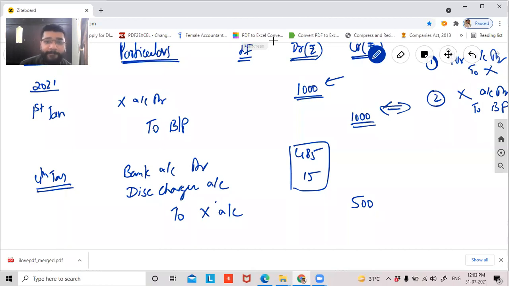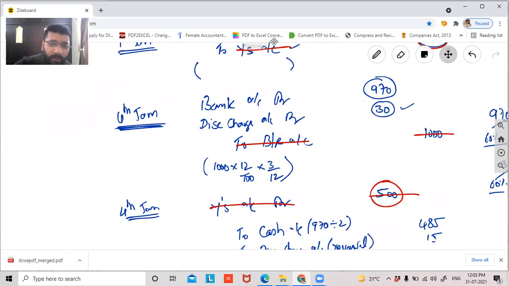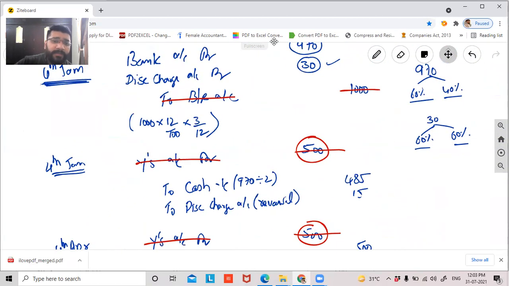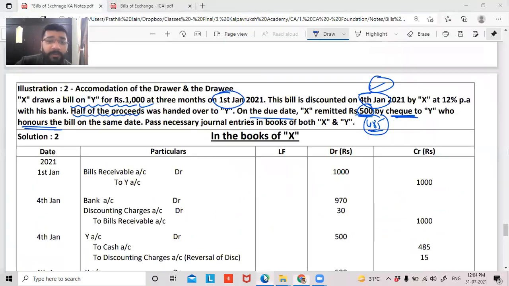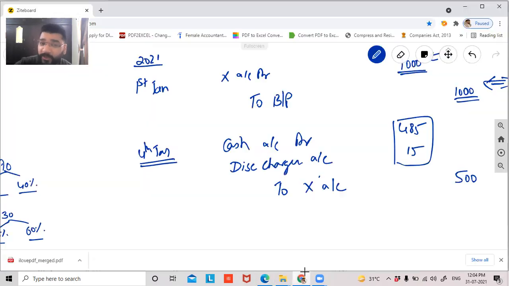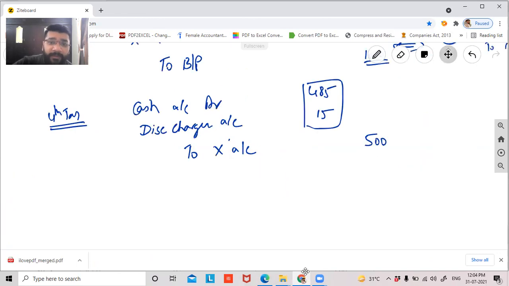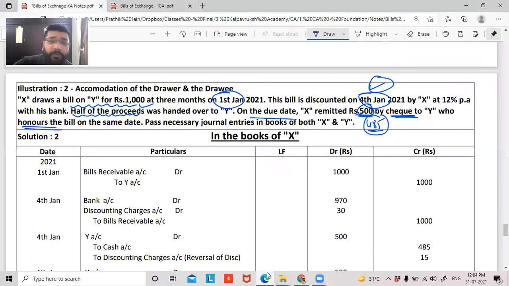Okay, not okay? Sir, one doubt. Yes, boss. Sir, in the books of X, you have entered this entry as a cash entry. If I have entered cash there, here also you can write it as cash, not a problem. See here, I've given it as cash. Then the question Roshni is asking is, how can it be bank here? Of course, it's right. It should be cash. So what you're recording there has to be recorded here. In the question, the mode of payment that was handed over to Y is not given. So that's why we took cash there. So here also it should be cash only. Thank you, Roshni.